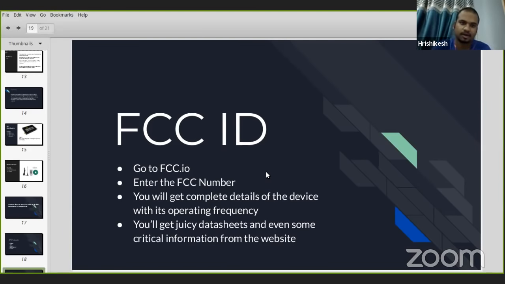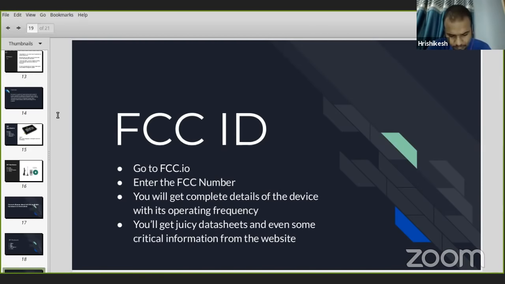This is the place where you need to enter the FCC ID. I'll have to enter it once more. The FCC ID given at the back of my iPhone is